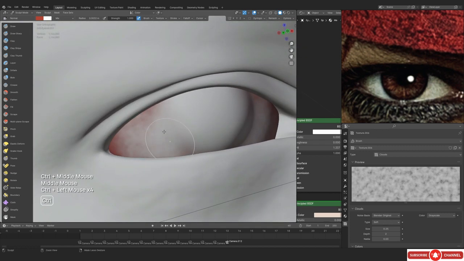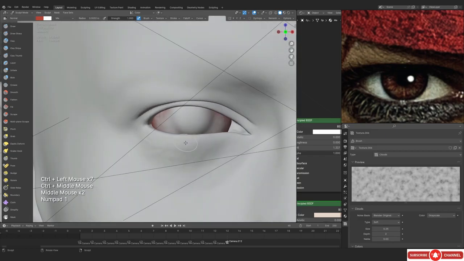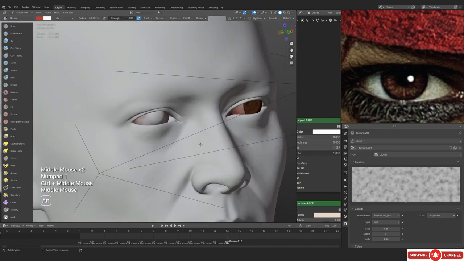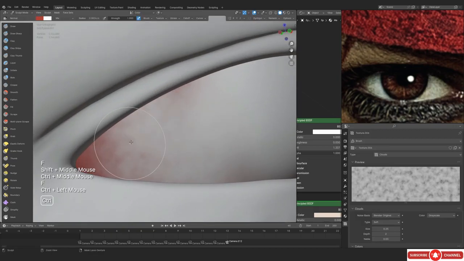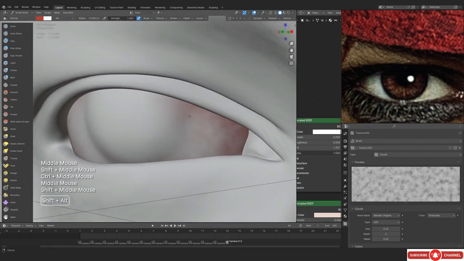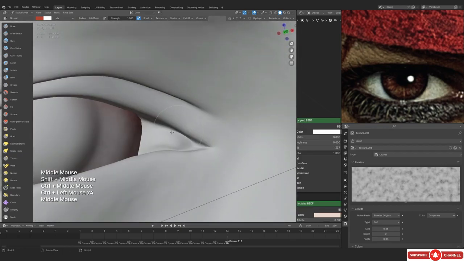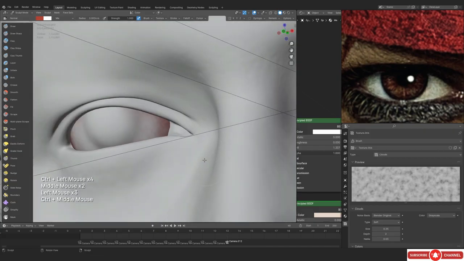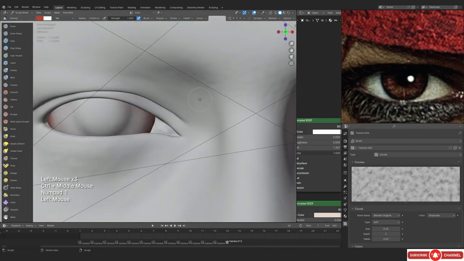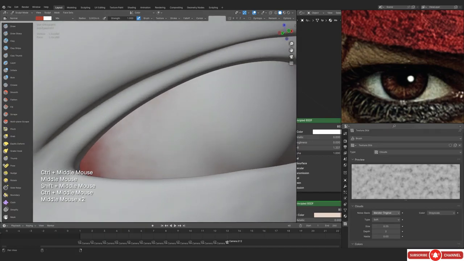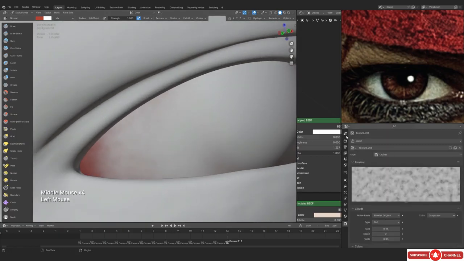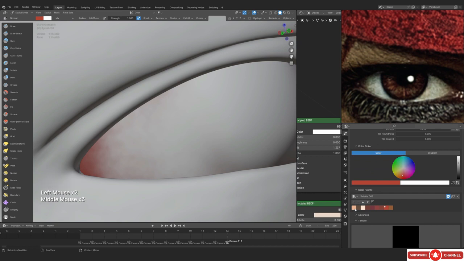So you can see that adding the reds and then removing the reds have already given us so much more detail. That's the first thing that you must be noticing, that removing the red is really cool. You can see all the details that we are already getting, and we have not done anything super detailed. We haven't given too much time, and we are still getting this much detail.